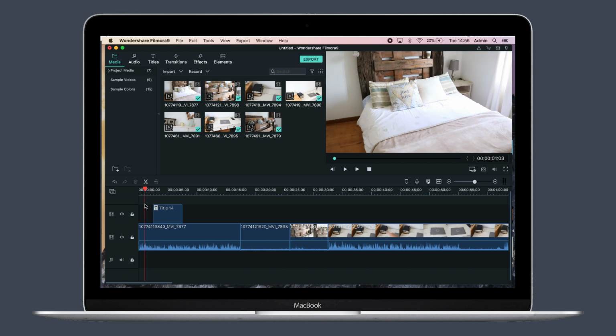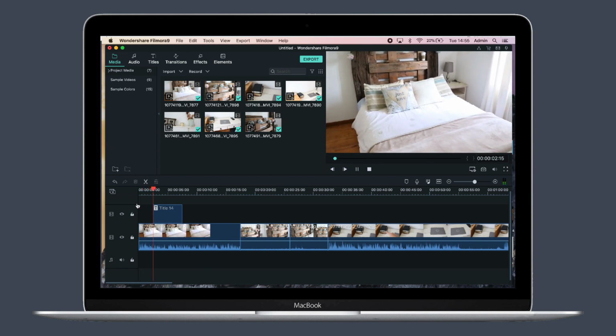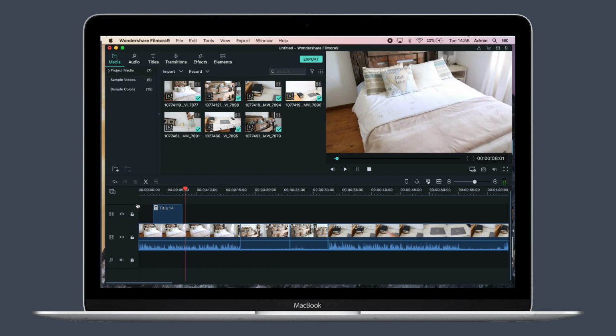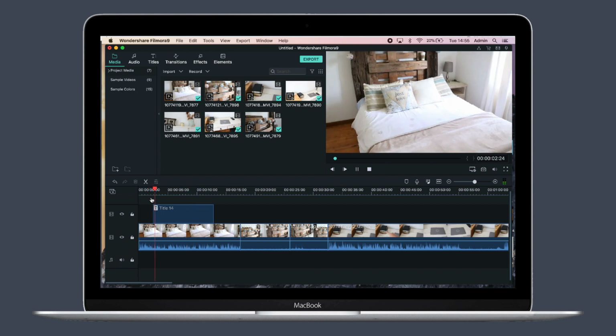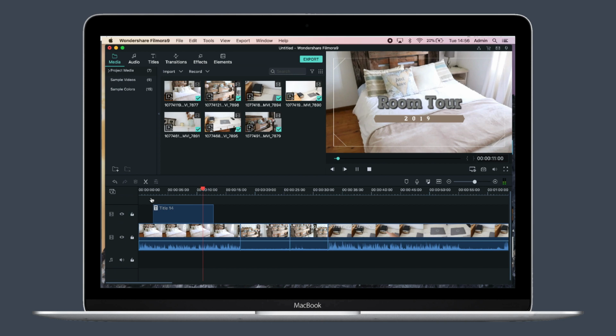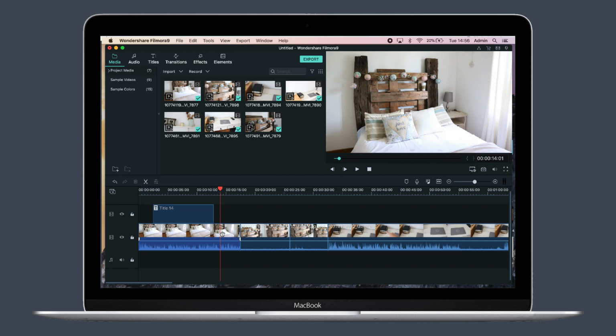So let me just drag this to the beginning. So this is my video clip, and then the text will come in. So you can obviously drag this out, so that will just make the transitions stand out a bit more. So let me just see. So it comes in, room tour, and then stands there, and then it goes out. So yeah, you can play around with the timing a bit more in the advanced option, but that's just a basic way of showing you guys how to add that text. Next up, we have